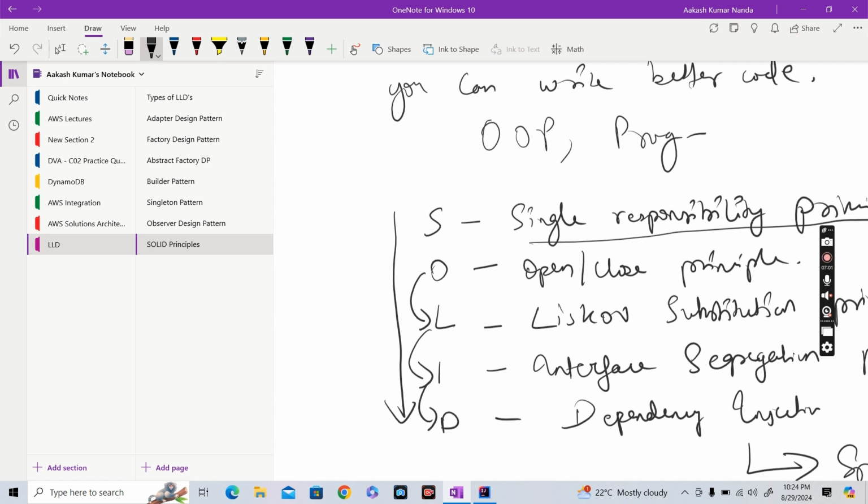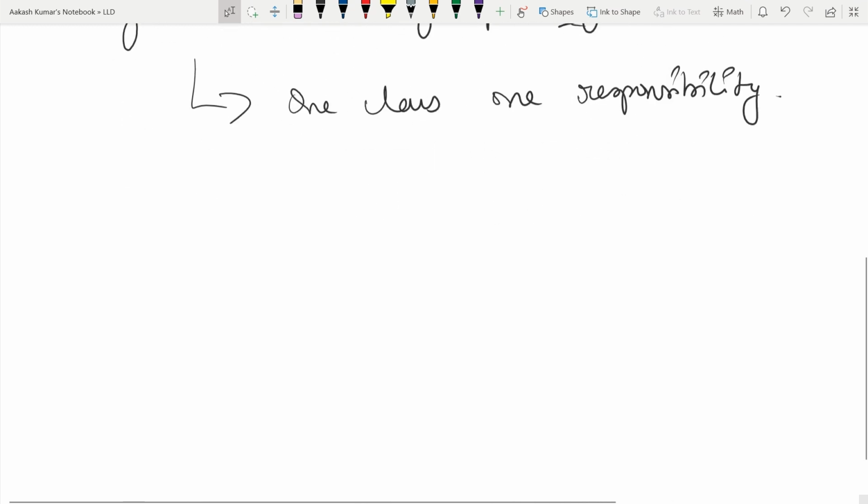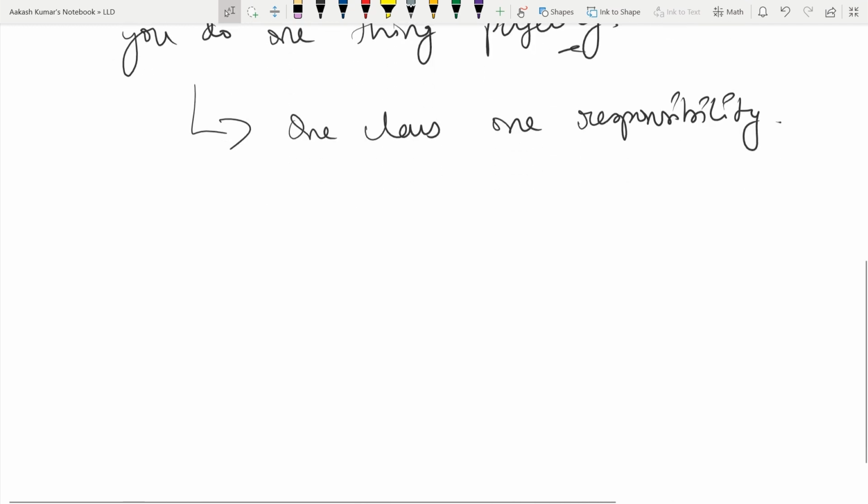Right? Now we are done with the single responsibility principle. Pretty simple to understand. We had a very good start. Now let's move on to open close principle, guys. Open close principle states that